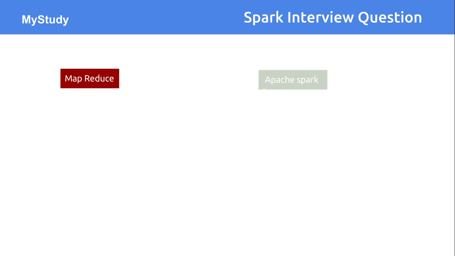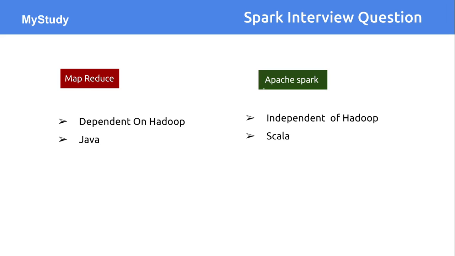Apart from that, there are a little bit minor differences between MapReduce and Apache Spark, like MapReduce is completely dependent on Hadoop. So if Hadoop and HDFS kind of file systems are not available, you cannot use this MapReduce way of programming. MapReduce is completely written in Java, but in case of Apache Spark, it's completely independent of Hadoop. So if Hadoop is available, that's okay. If not available, it's also okay. They use their own cluster management tool in that case.